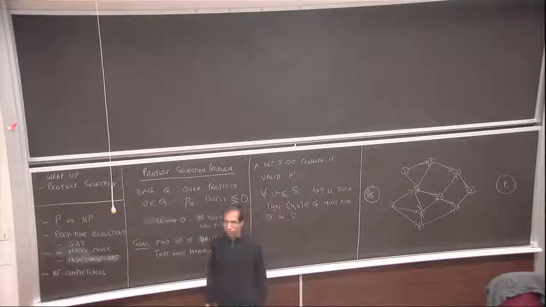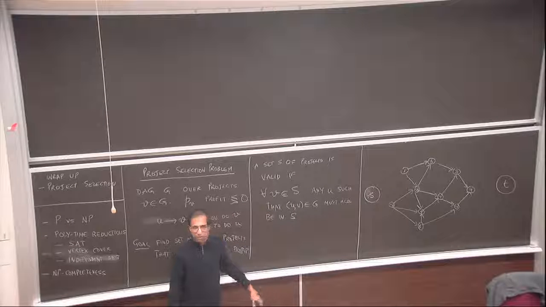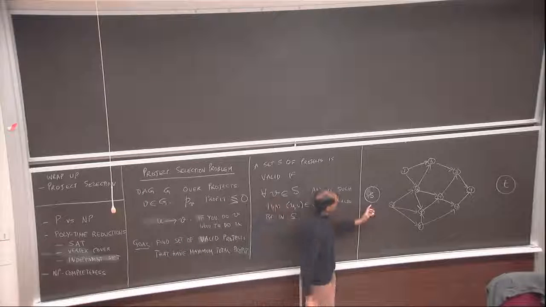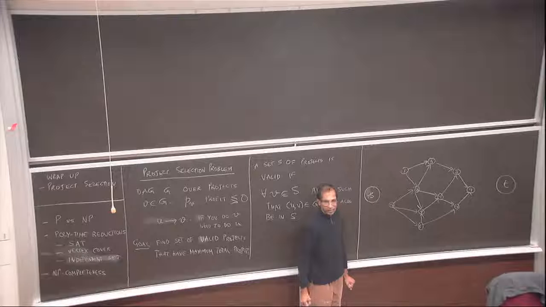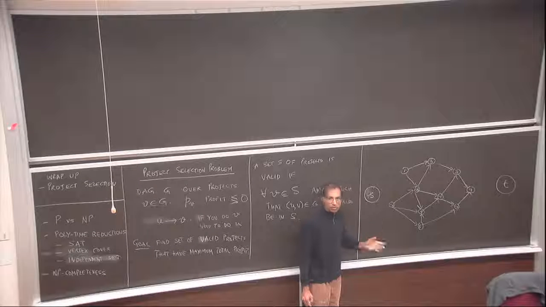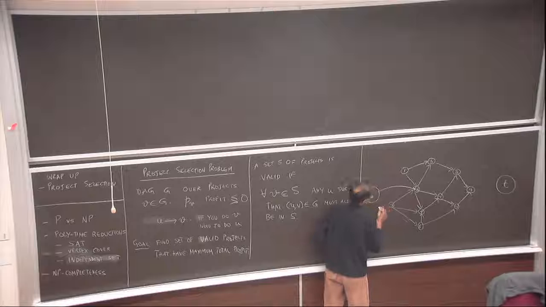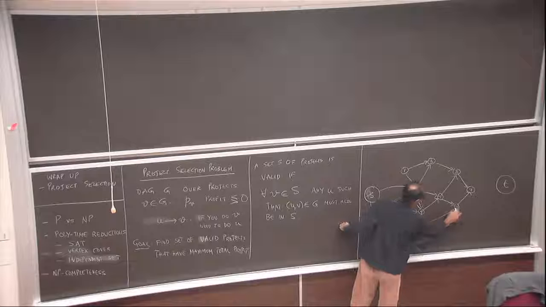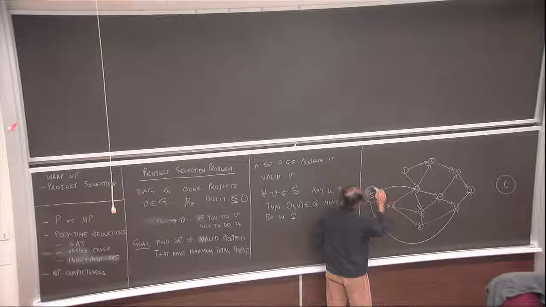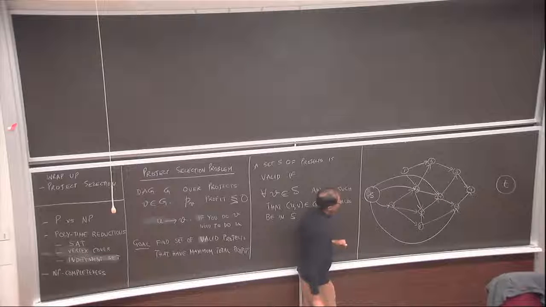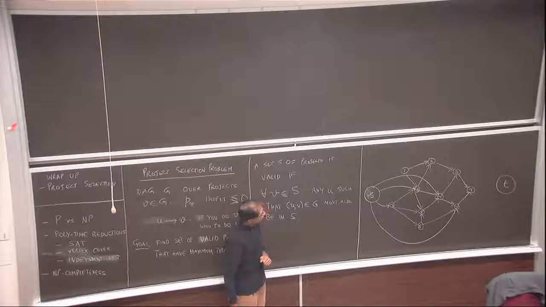Okay, let's suppose this was the setup. Then some things have positive profits, some things have negative profits. So you add an edge from S to everything that has a negative profit, and the capacity of that edge would be equal to the absolute value of the profit. So you have an edge from here to here. You have an edge from here to here. You have an edge from